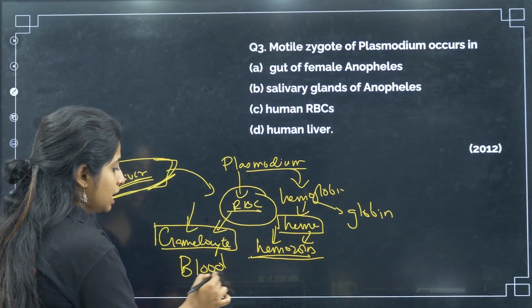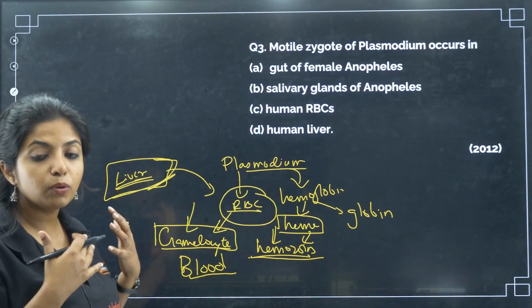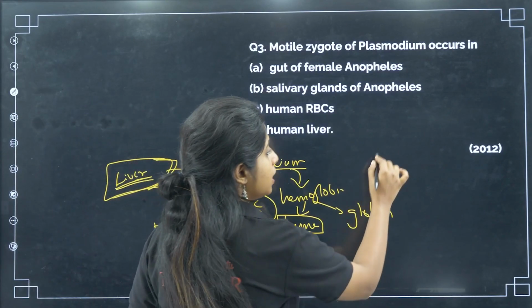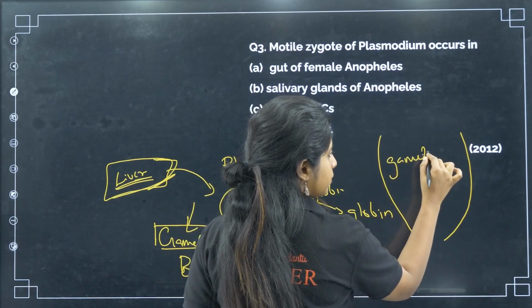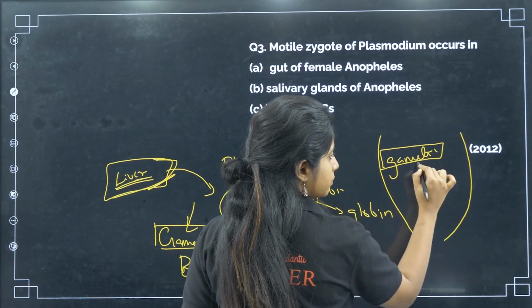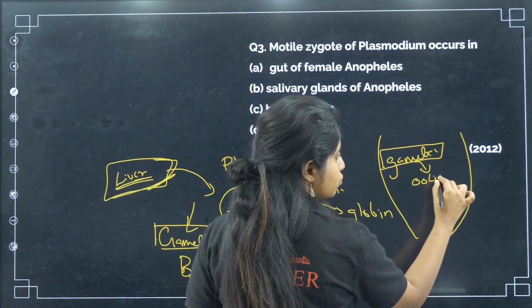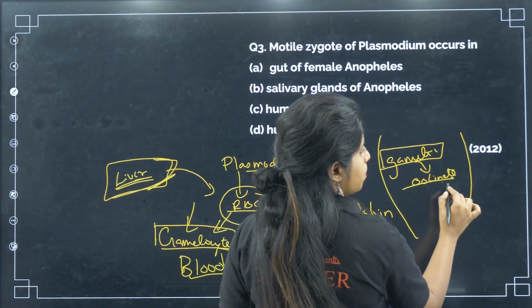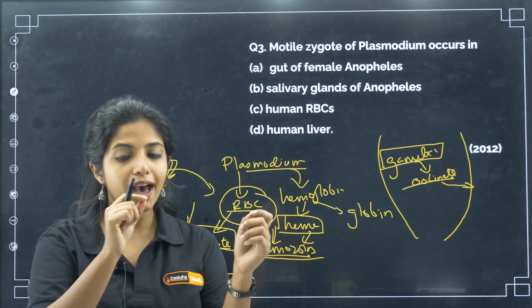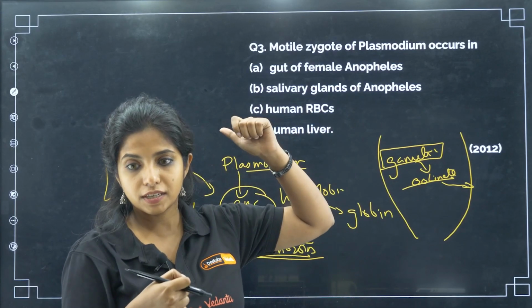What will happen? Another mosquito comes, takes in this gametocyte. The blood will be going into the gut of the mosquito. Now what happens? The gametocytes will form gametes. The gametes will be fusing. It will be forming something that is known as the ookinete stage. In this stage, it is going to penetrate through the wall and basically move upwards and form